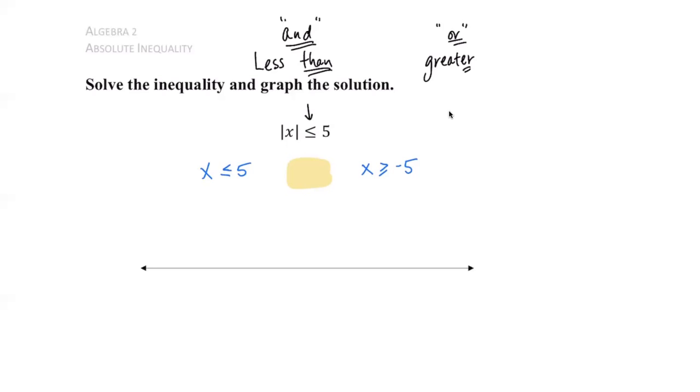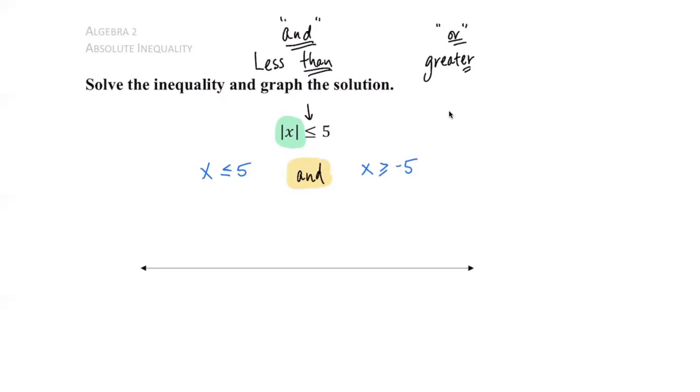But for now, again, a little prerequisite is that you have to have the absolute value of x on the left, and then you just go ahead and read it out loud in your head. Is it less than or greater? If it's less than, then we go ahead and put in the and relationship,